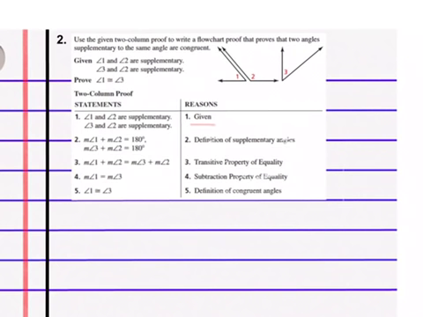Okay, so use the 2-column proof to write a flowchart proof that proves the two angles supplementary to the same angle are congruent. All right, so what was given to us is that angle 1 and angle 2 are supplementary, and that angle 3 and angle 2 are supplementary. That was given to us up here on the given and over here. So I'm going to start by making that into a